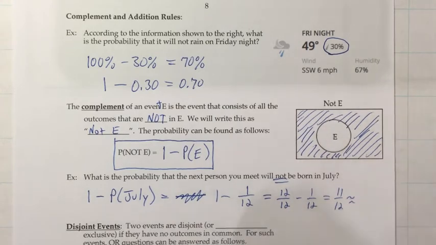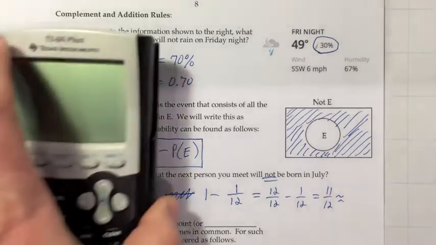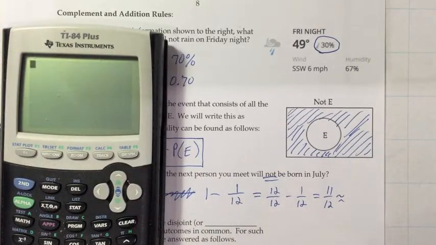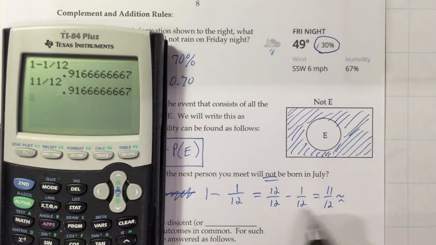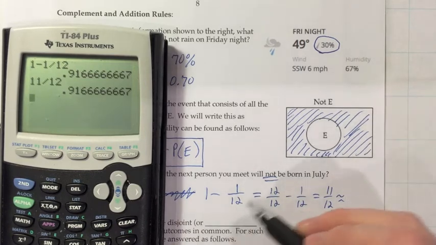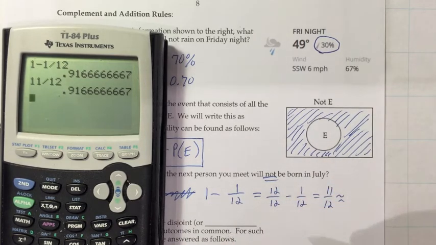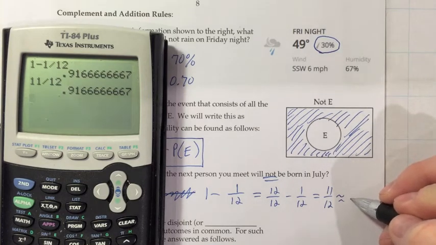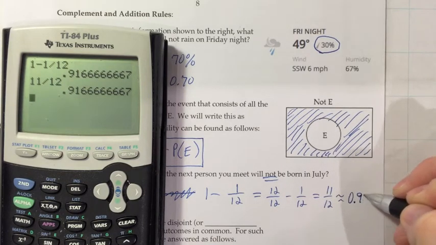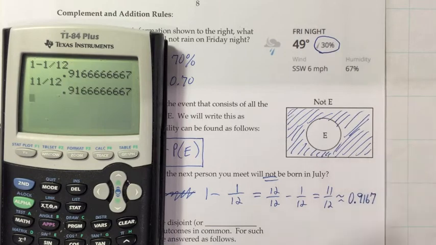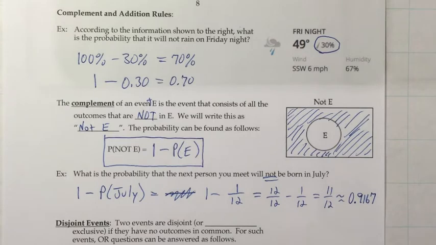But we usually go to a decimal anyways. So you could go to a decimal without doing the common denominator work, just 1 minus 1 over 12. If you wanted to do it as 11 twelfths, it would be the same. But you can save yourself the fraction work. If you know they're going to a decimal, as soon as you get it written out some way as a fraction, you could go to the calculator and get 0.9167. So there's about a 91.67% chance that the next person you randomly come across would not have been